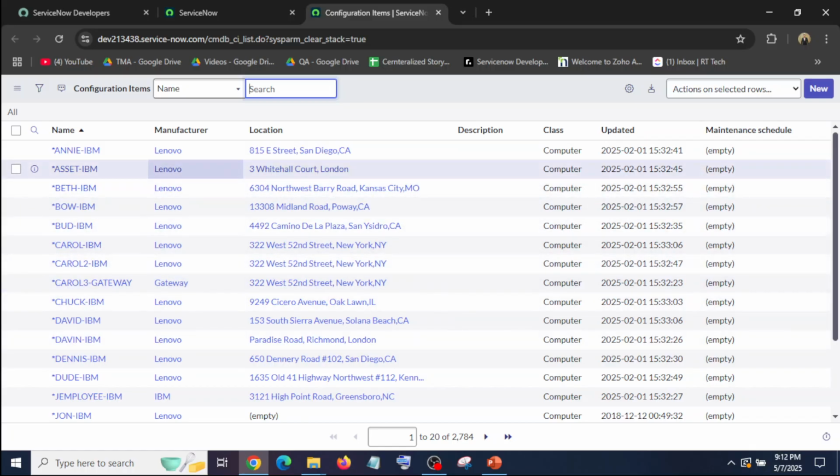And this table is, you can say, the core table of configuration items which contains all the classes.